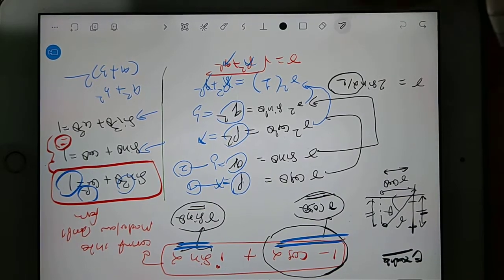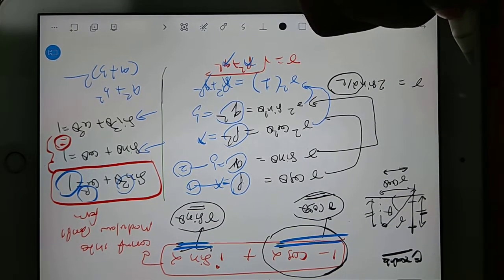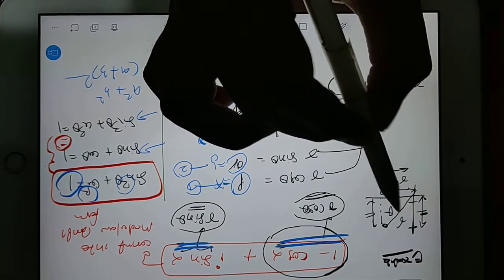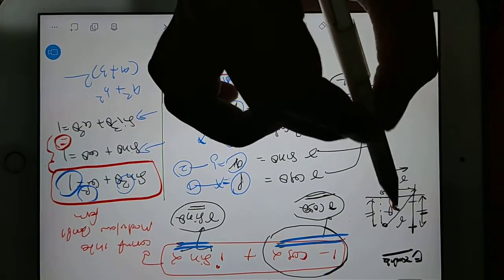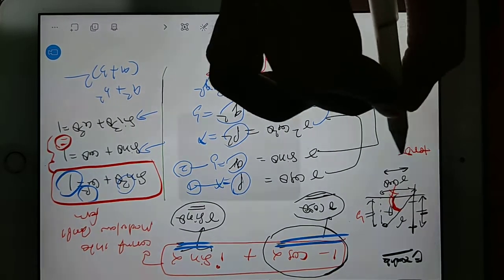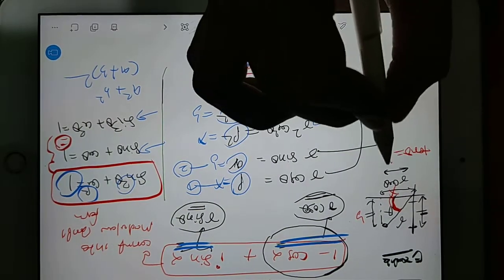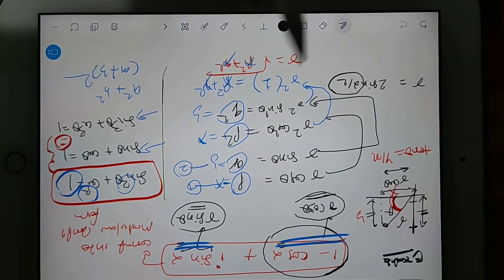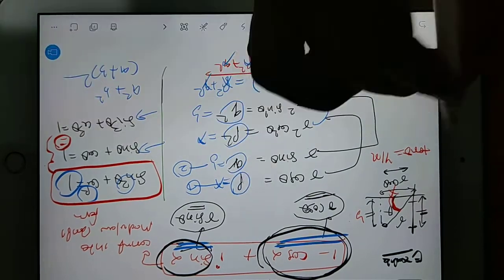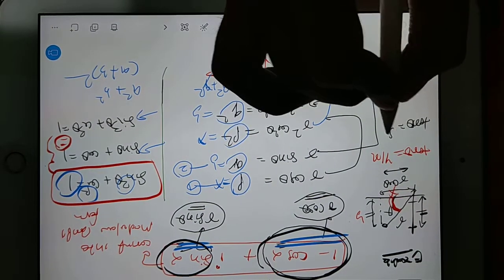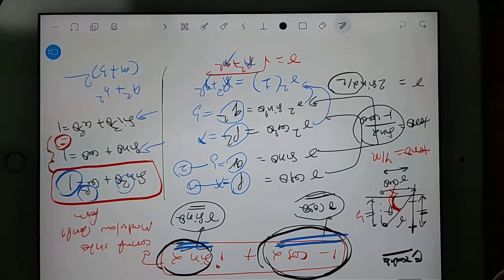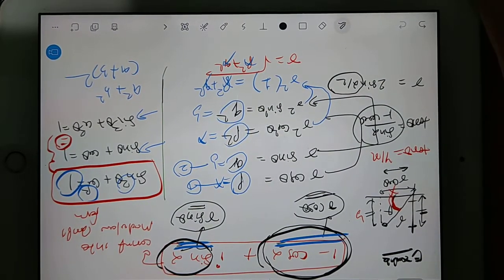This is your total angle. Sine alpha by 2 is your angle. Now, how will you find out the angle? The angle is this theta I am talking about. This is nothing but y by x value, tan theta. So tan theta is equal to y by x. Your y value is nothing but sine alpha, and your x value is nothing but 1 minus cos alpha. So your tan theta will be sine alpha divided by 1 minus cos alpha. Whatever answer comes will be the answer for tan theta.